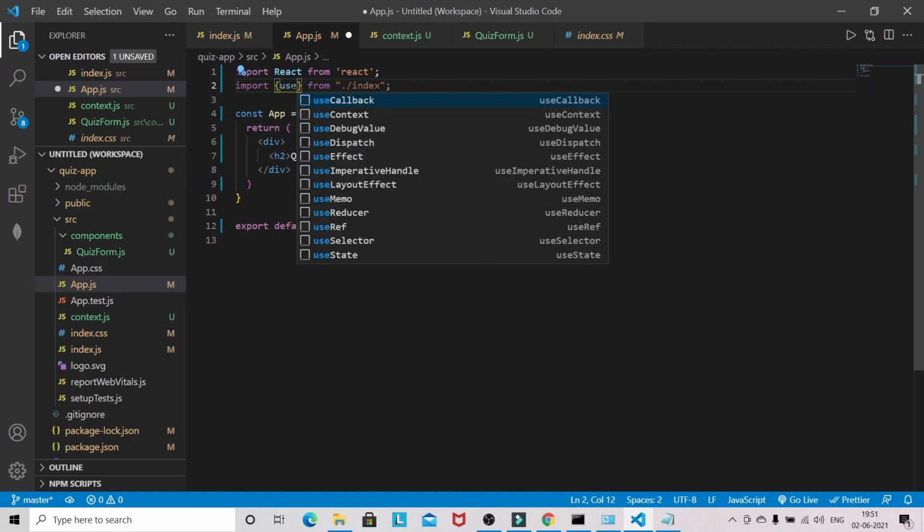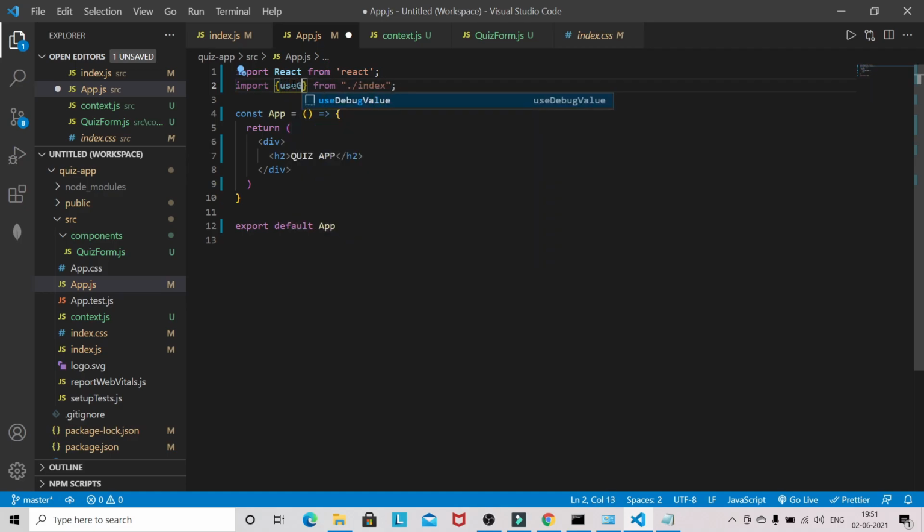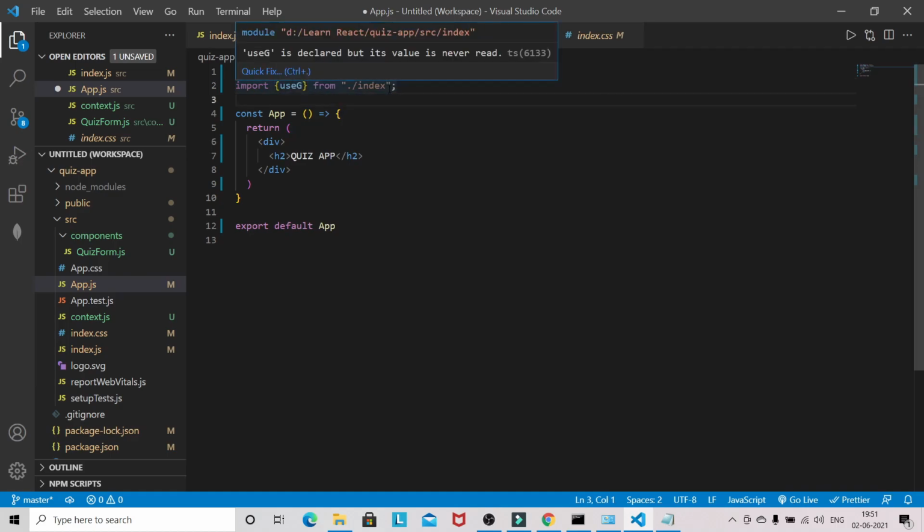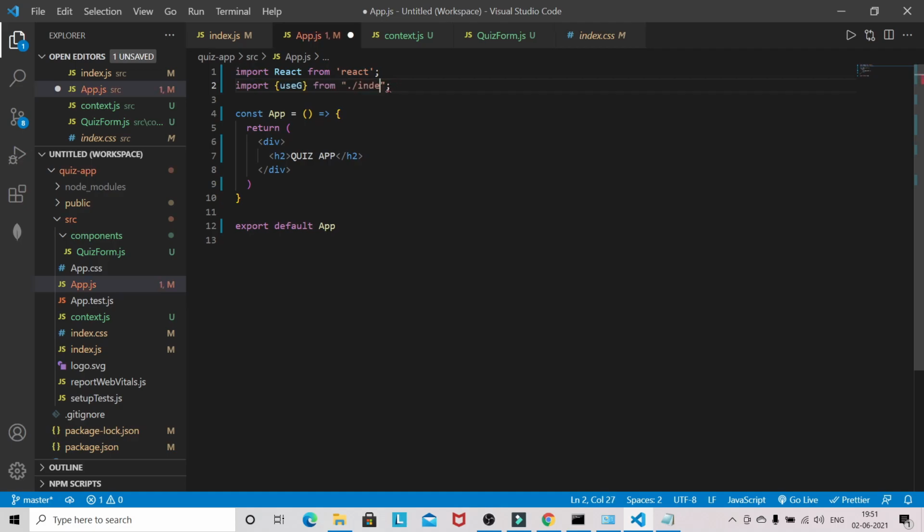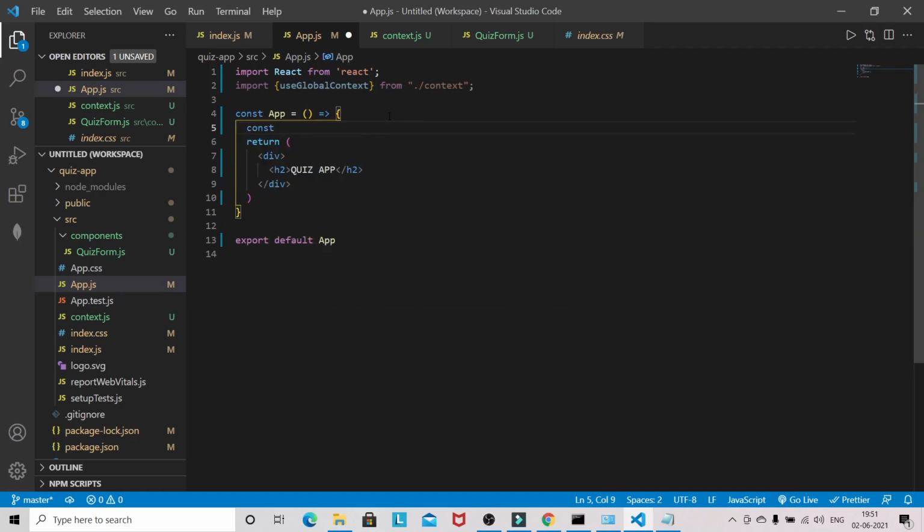Use global context, not from index, sorry, from the context file. So from the context file we'll be using the global context. Now from global context we need something here, so we'll destructure, use global context.